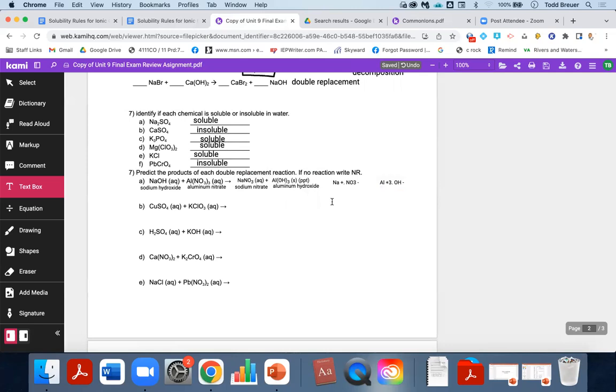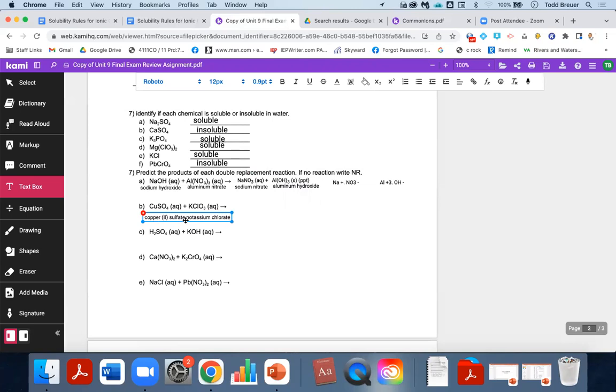Okay. In part B, we'll name the chemicals. We have something called copper sulfate. Again, I looked at the ion chart to determine that. We have something called potassium chlorate. We're going to swap some parts. When those parts swap, we're going to see that we get something called copper